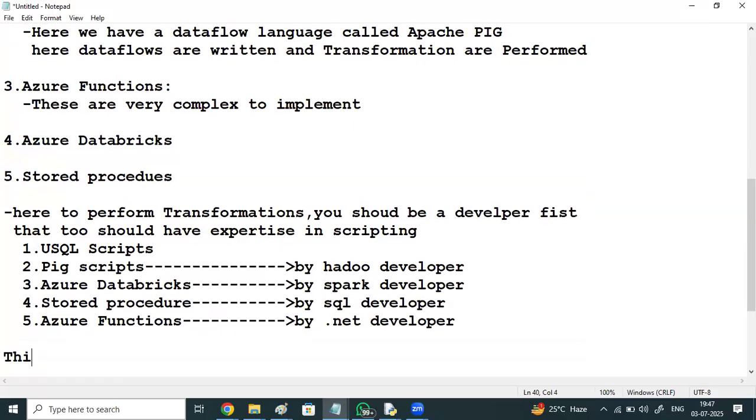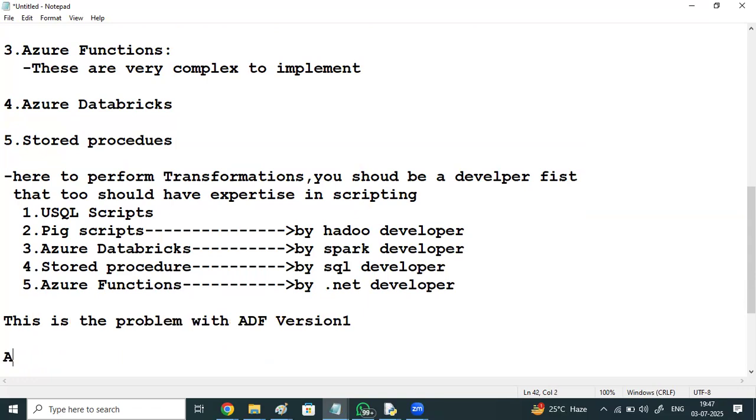So this is the problem with ADF version 1. So afterwards,